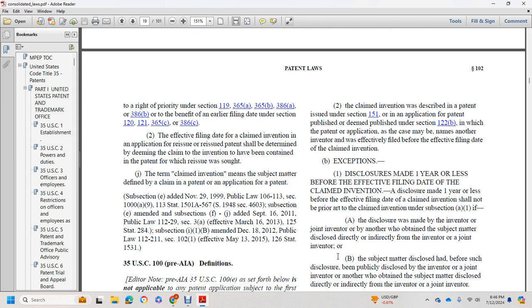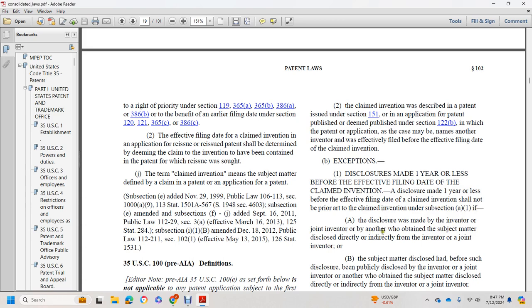Or the claimed invention was described in a patent issued under section 151, or in an application for patent published or deemed published under section 122(b), in which the patent or application names another inventor and was effectively filed before the effective filing date of the claimed invention. Exceptions: a disclosure made one year or less before the effective filing date of the claimed invention shall not be prior art to the claimed invention under subsection (a)(1) if